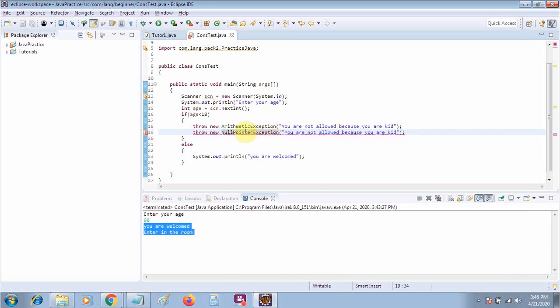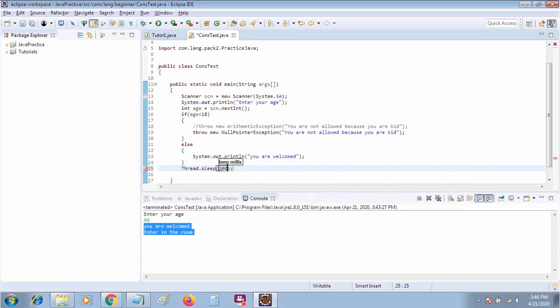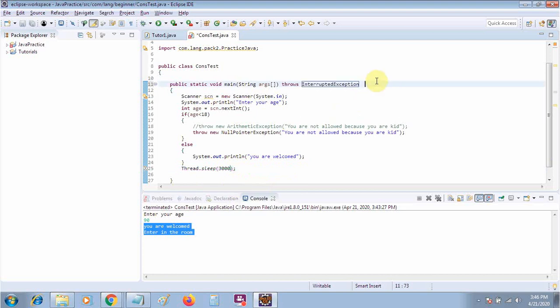We can apply either one exception or another. But with the throws keyword, you can add multiple exceptions. Like I was talking about Thread.sleep, it is a kind of checked exception, so you can handle it by using the throws keyword, and you can add multiple exceptions like IOException.